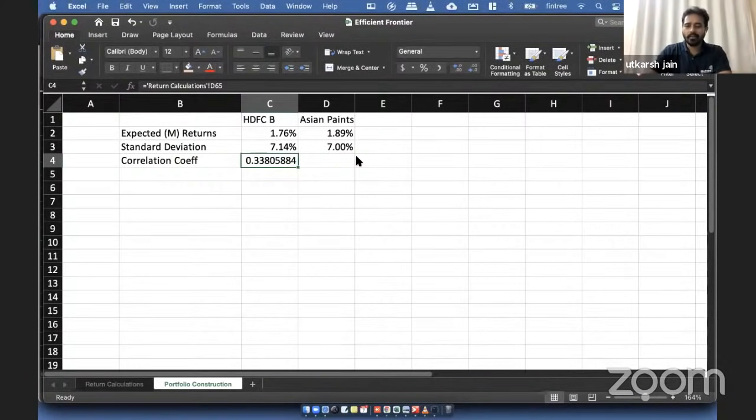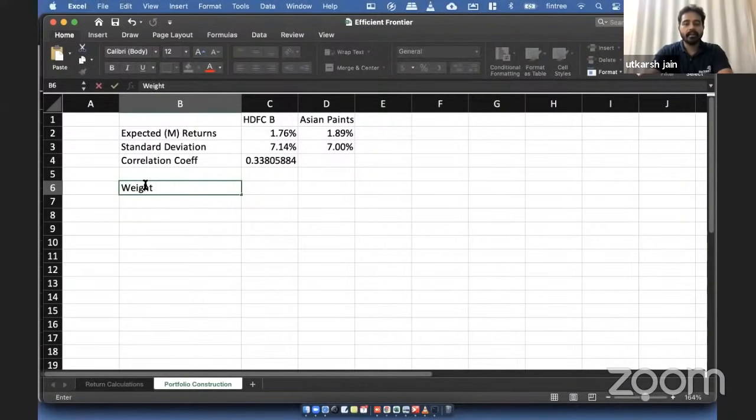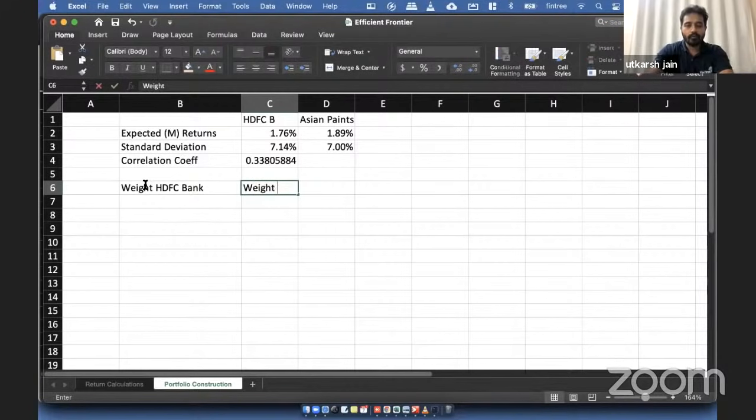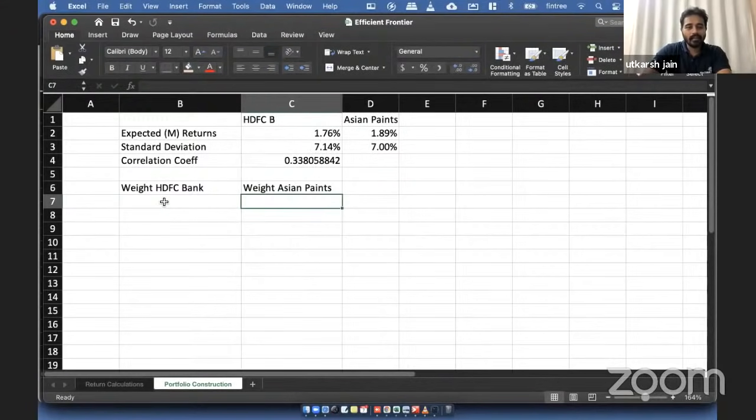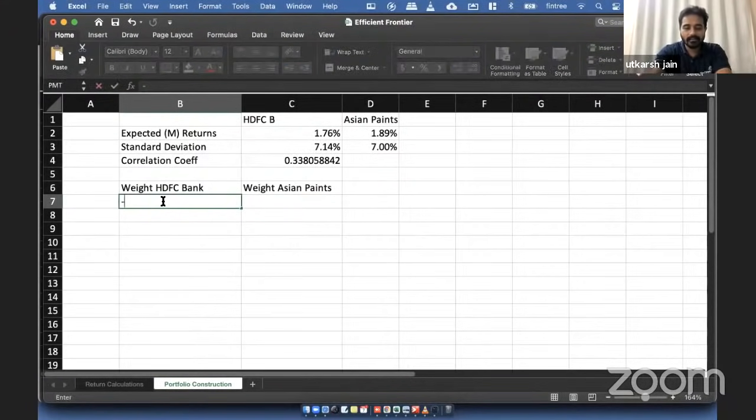We're doing it in an Excel file. Who's stopping us? We can create 500 portfolios. How do you create hypothetical portfolios? Just create imaginary weights. Okay, so I'm going to create imaginary weights here. I'm going to create a column which will say weight of HDFC Bank, and weight of Asian Paints. Okay. And I'm going to start with something random, like let's say